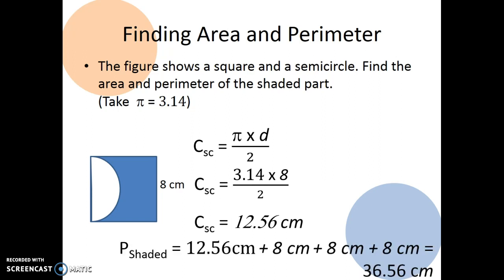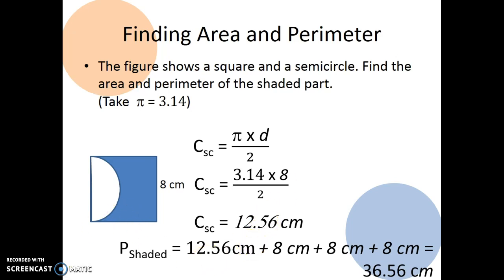And now I just need to add that to the other 3 edges, because remember, I'm walking around, and on my PowerPoint it's a little deceiving because it's kind of hard to line shapes up perfectly in PowerPoint. So I have this blue edge, but that's not part of the shape. So I'm walking from around this curved part, and then I go straight for a little while, straight, and I'm back to where I started. So I have 12.56 plus 8 plus 8 plus 8,